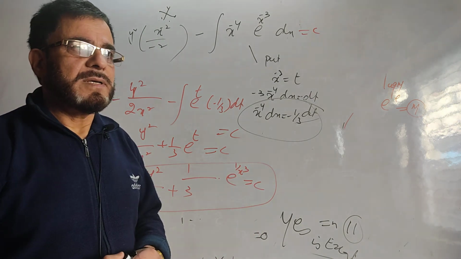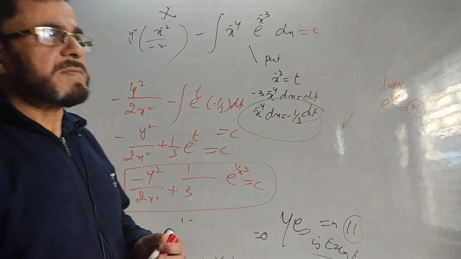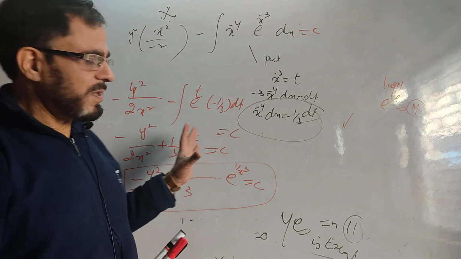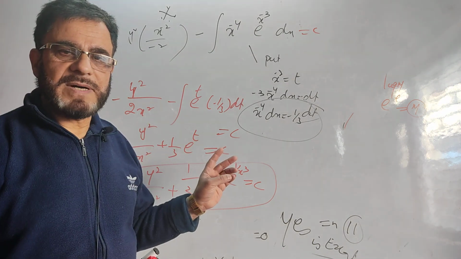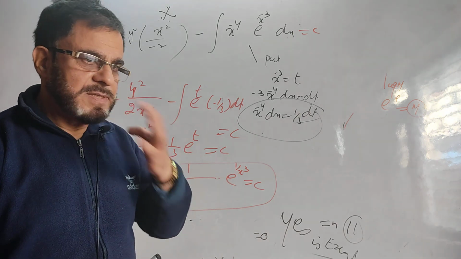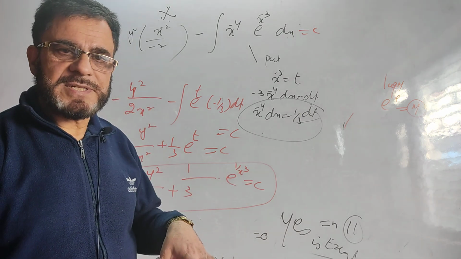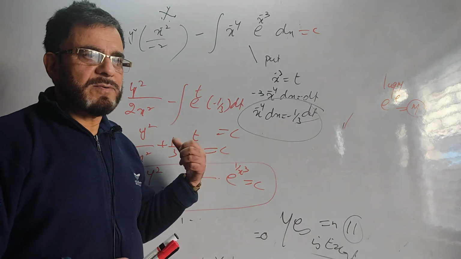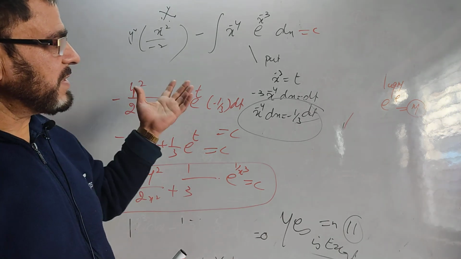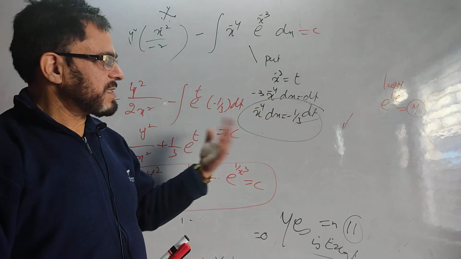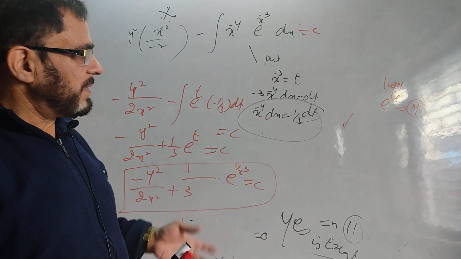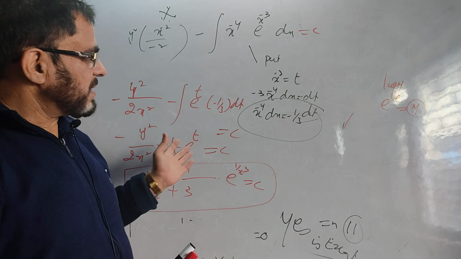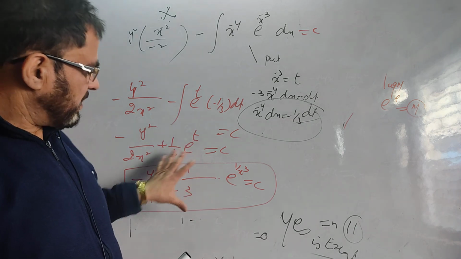This is how we have explained 3 rules for finding the integrating factor. Number 1, when the differential equation is not exact but it is homogeneous. Number 2, when it can be written in the form with y taken out with dx and x y terms, and x taken out with dy and x y terms. And third one,